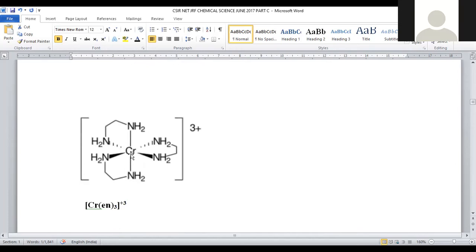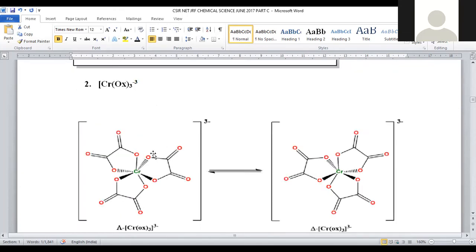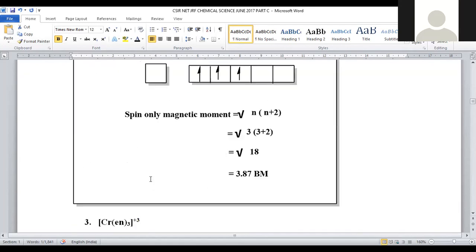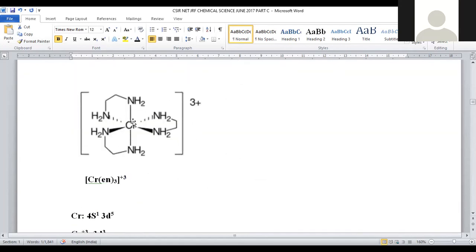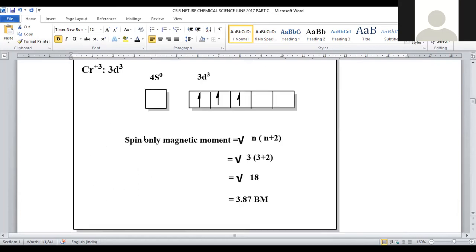Again, it is a kind of octahedral, and the chelating ligands are present around the chromium, right? Whenever these ethylene diamine units are present, the complex is still more stable when compared to oxalate. In both the cases, we are having a bidentate ligand and chelation is possible, but comparatively, ethylene diamine stability will be still higher because nitrogen, when donating electrons, forms very stable bonds.